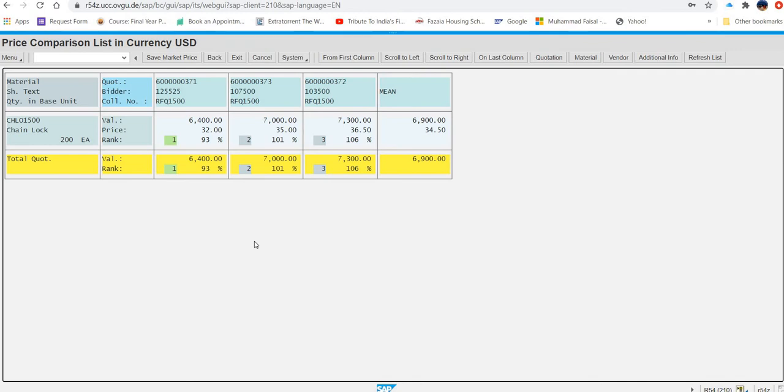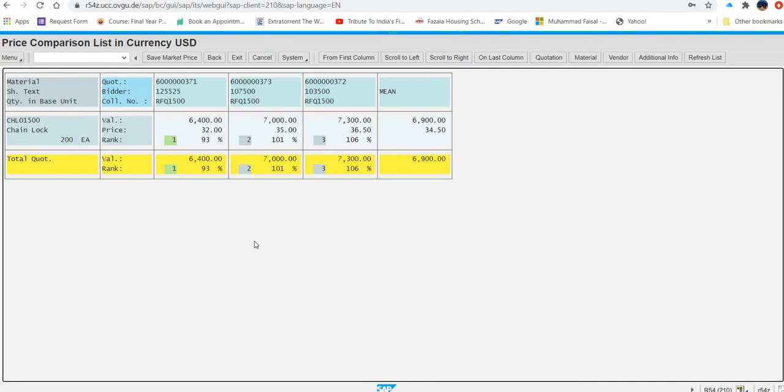Now what you will do in the next step, you will reject the quotation. So how you will reject the quotation? Same path is there. Logistics, materials management, purchasing, RFQ quotation, price comparison. And you press again the same activity you will do. You are here now.